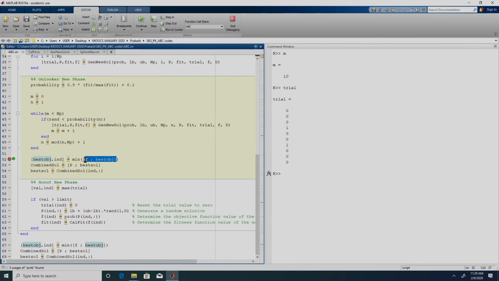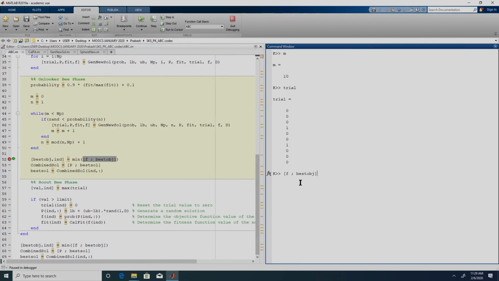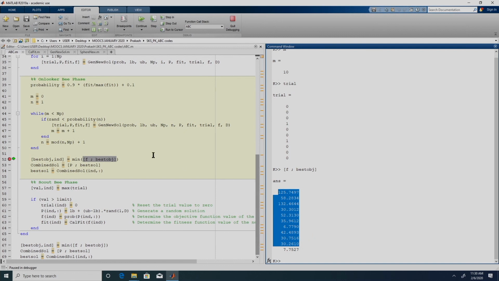So, for example, when we do this, it is going to be a vector of 11 rows, right. So, these 10 are the current population, right. So, this F is ending at 30.2610, right, and this is the best objective function value which we have so far. So, we are combining them and finding the minimum of it.